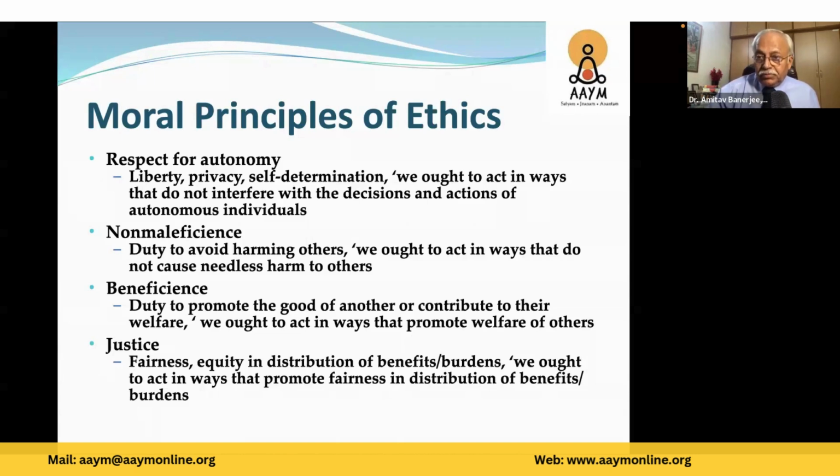Too much compensation for participation in research is also interfering with autonomy, because particularly in poor communities, you are exploiting the poverty. Similarly, if you want to do research on employees, again, there is a hierarchy. So those are vulnerable groups. The autonomy may not be real even if it is on paper, because the person wants to please the employer. Or you are a doctor, a teacher, doing experiments with medical students. The students may give consent because of your rank or your position. So that is not true autonomy.